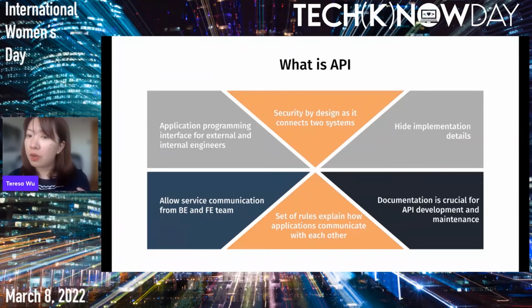Usually when there's a provider, there's a consumer, right? So we, as front-end engineers, are actually the consumers of the API. So we should also be part of the API design. We should actually care about it probably even more than backend engineers. But